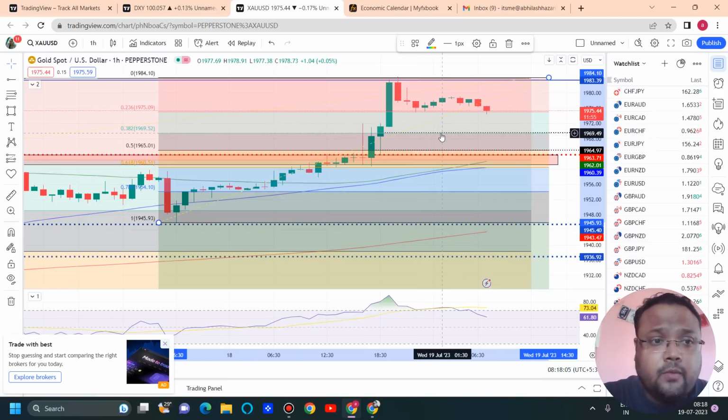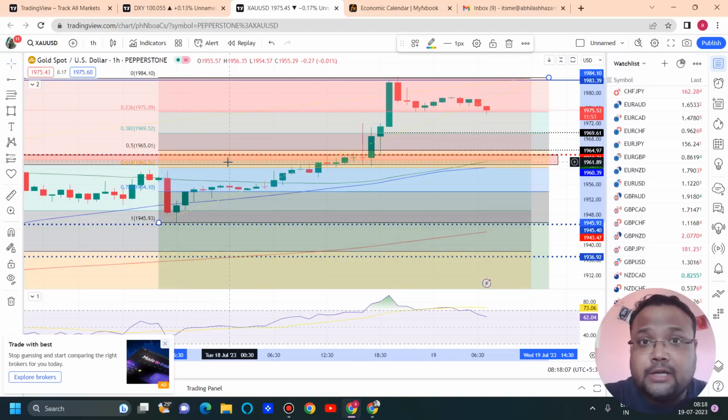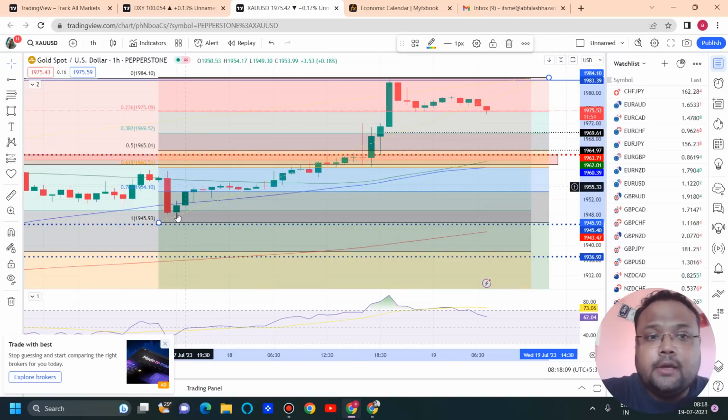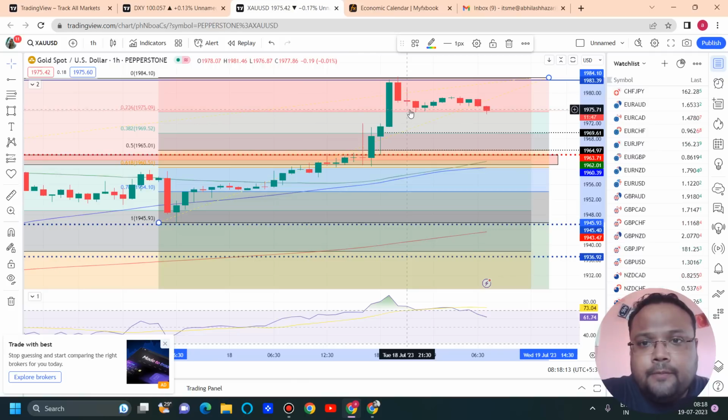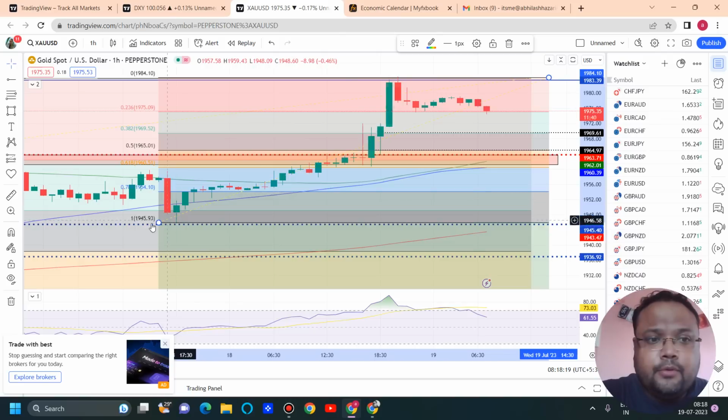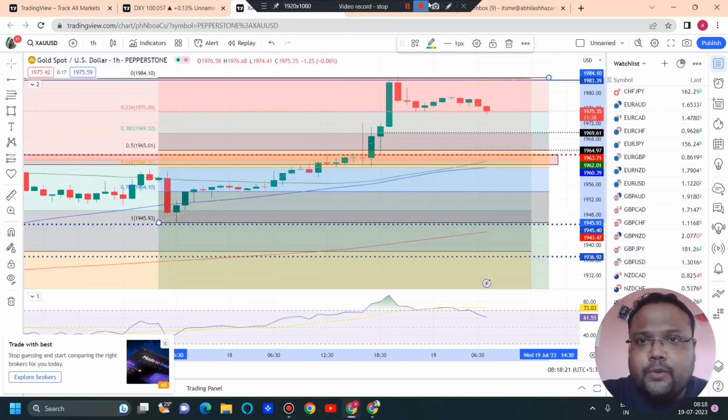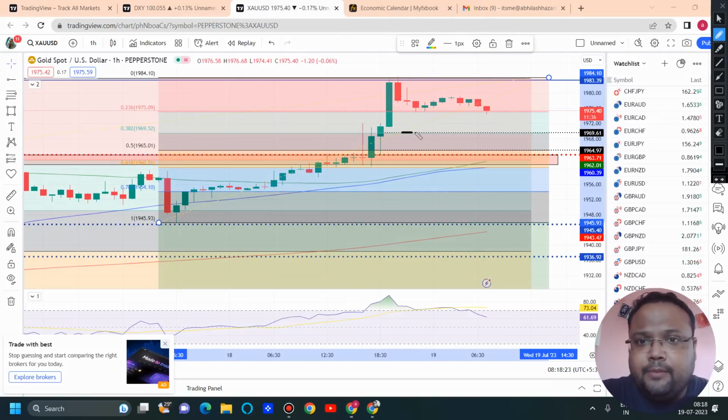You must be wondering why I am drawing Fibo from the middle of the chart, and why am I sure? Because see, while I'm considering this low of the market here, you can see market respected previous Fibo 23.6. It means that our Fibo is working. So as a result, we can expect that Fibo 38 will also work. So right now market is standing at Fibo 23.6%, but during the day or during the European session, if you